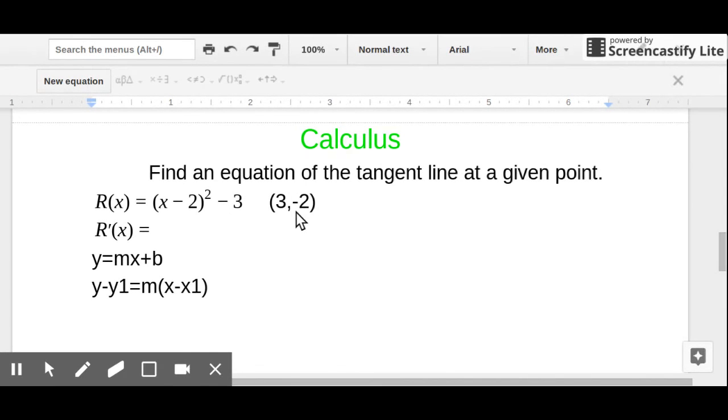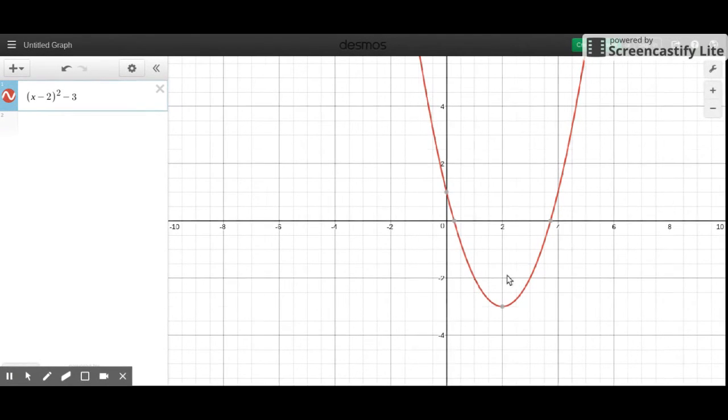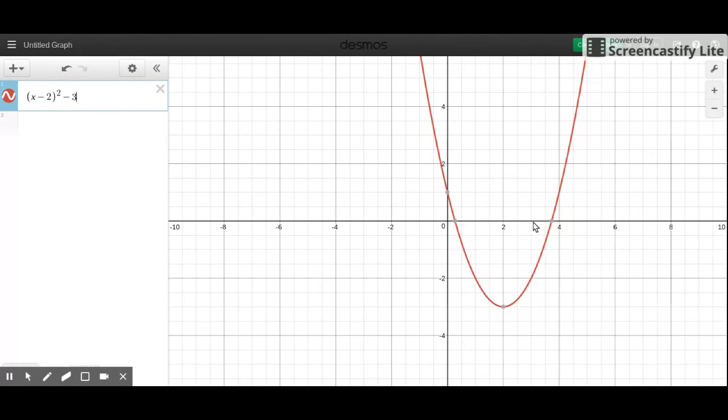Alright, let's take a look at the graph here, see what we got. So at 3, negative 2, let's see what we got here. So here's the graph, and 3, okay, there's 3. Right there. Okay, so we're going to be looking for the tangent line that passes through that point, 3, negative